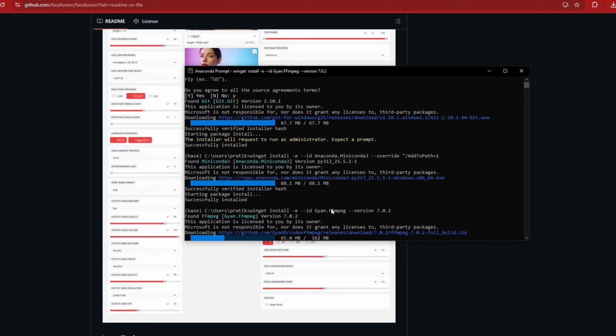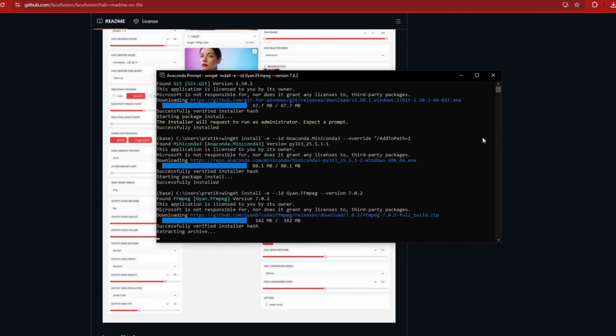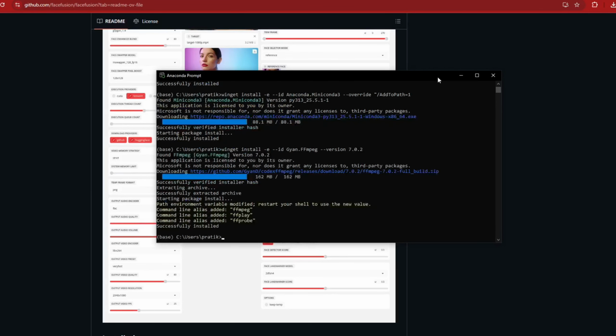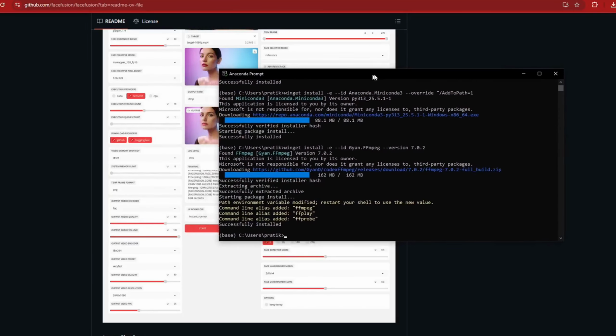It will also take some time. It's basically downloading and installing certain tools for the process. So just be patient. And you will be successfully installing. Just don't skip these steps. If you skip any one of these steps, then your FaceFusion won't be running properly. You won't be swapping any photos or videos. So after this,